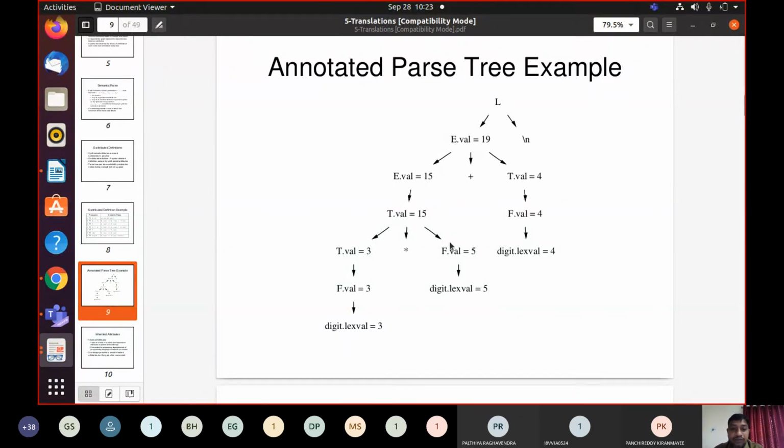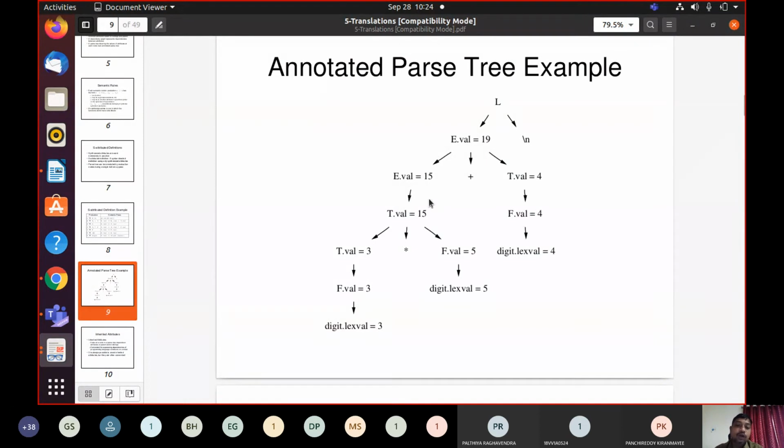The t1.val and f.val, that is t1, asterisk and f1. It is dependent on these three things. That means first we need to evaluate t1.val and f.val, then only we can compute this t.val. So that can be obtained from the dependency graph.